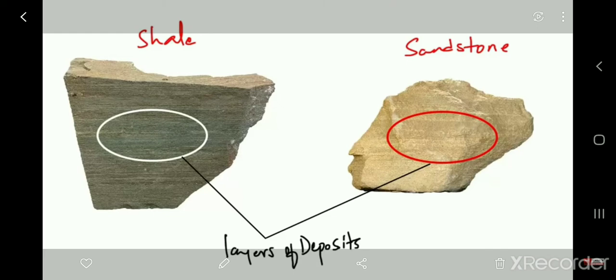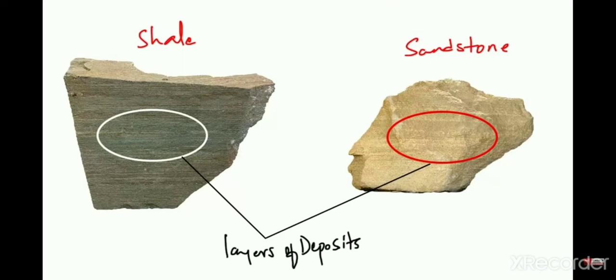As there are layers in the sedimentary rock, the petrified things get deposited in those layers. Therefore, one can find fossils in sedimentary rock. Sedimentary rocks are generally brittle and light in weight. As we have learned before, igneous rock is very hard, it cannot be broken easily, right? But sedimentary rock is very brittle, we can break it easily, and it is very lightweight. Igneous rock, which we have learned about, is very heavy. So we cannot collect fossils from igneous rock, we can collect fossils from sedimentary rock.